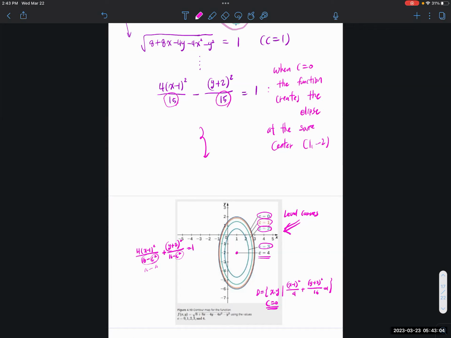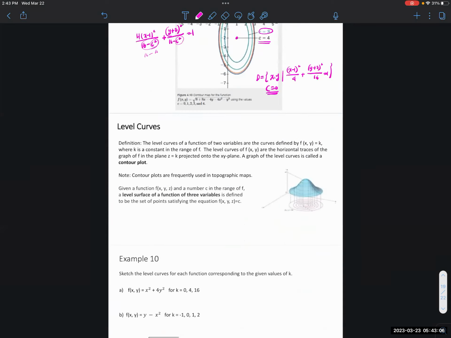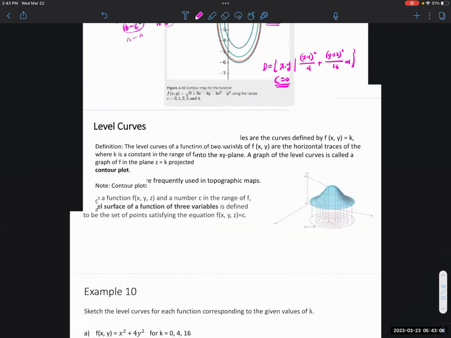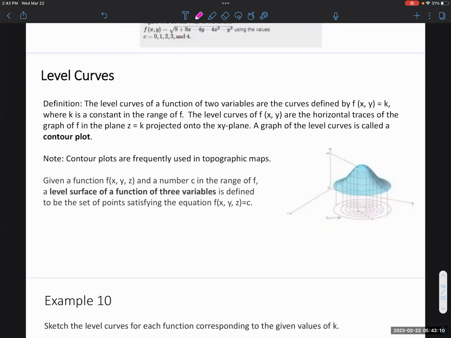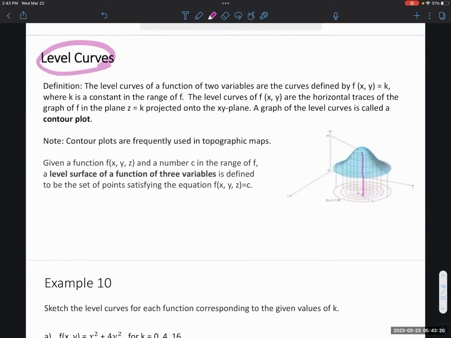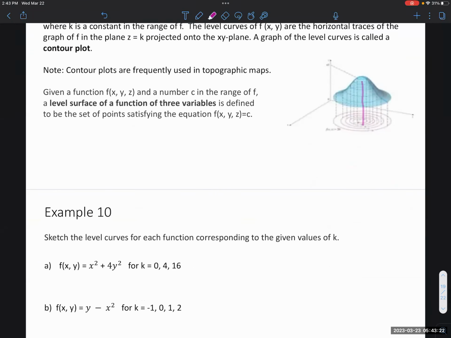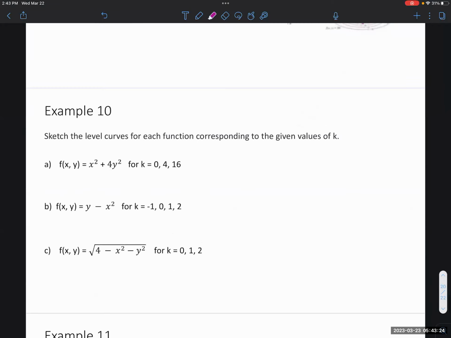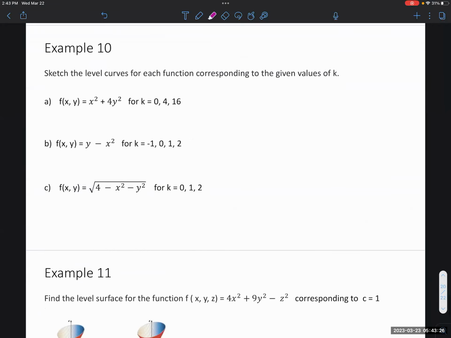Okay, let's try one last example like this. So that's why we talk about the level curve. It's the same concept, same center. You just change the size; it could be an ellipse, it could be a circle. Check that information. It's also what we call a contour plot, but I already showed you the example. This is a similar example. You can change the k. It could be z, it could be c. So let